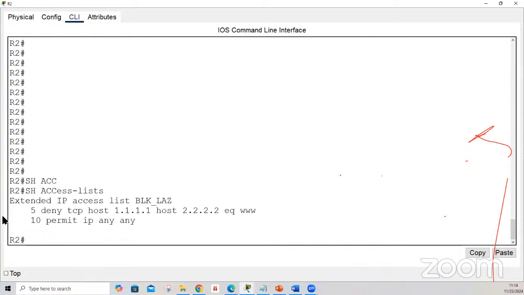And there's your access list right here. There's your sequence numbers right here. So what I was talking about with granularity is the fact that if I say, oh wow, I forgot to add another network that I'm going to deny before it permits it, well, I can go back into the same access list and put a sequence number of 7, and it'll come in between those two. That's what's so cool about